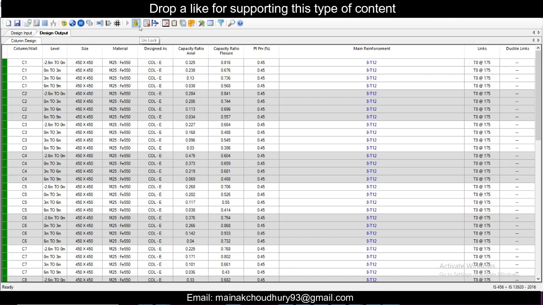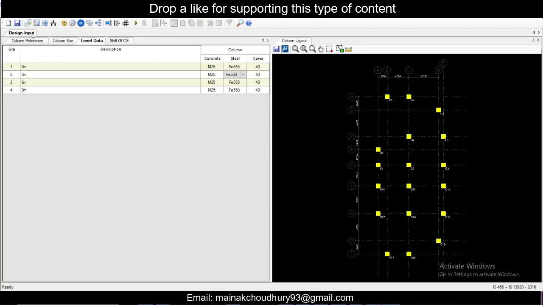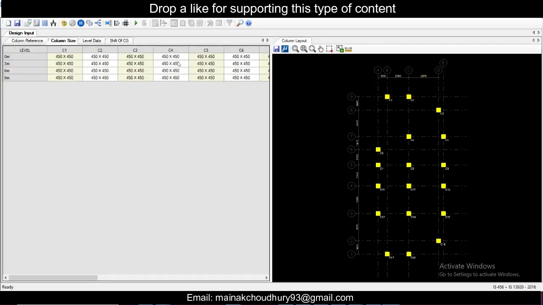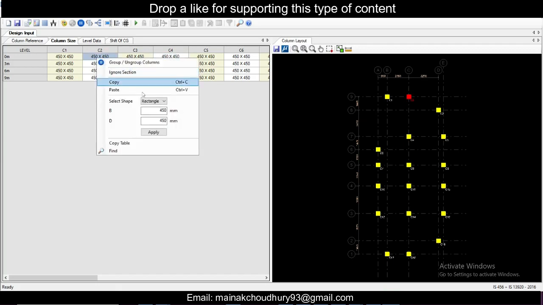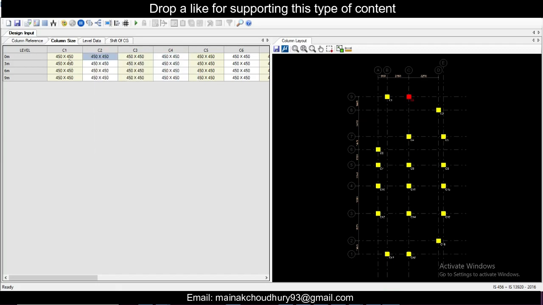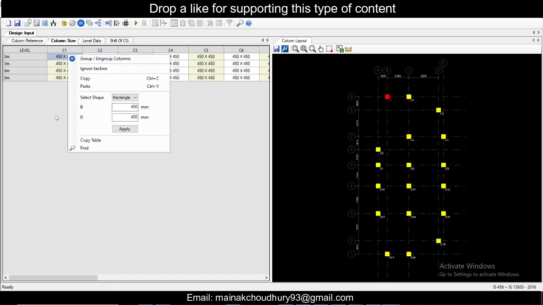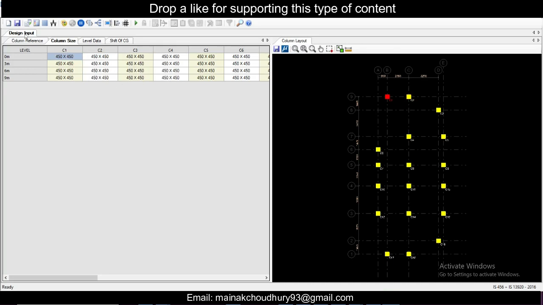So I will just unlock the design and go to the design input, and the column size here, we can change the column sizes from here. Okay, and then we can redesign it once again. Like this, we change it here and redesign it again. Like this, you can change the section, or you can change this instead and redesign the columns again to make them more economical. After that let's see how the beam design